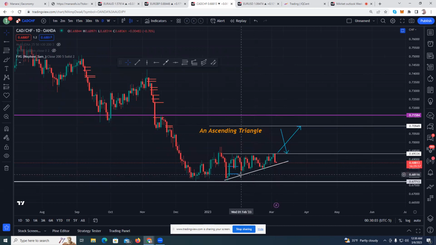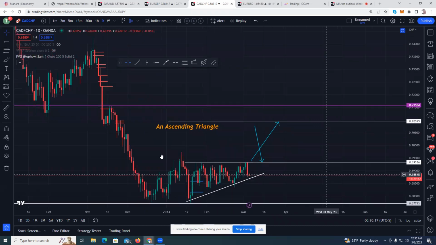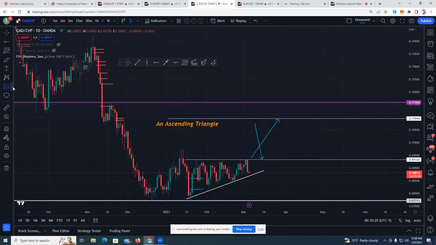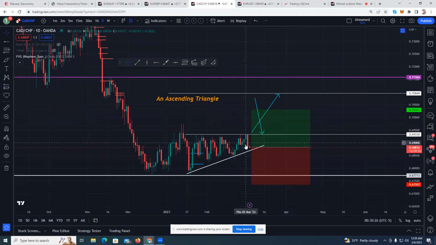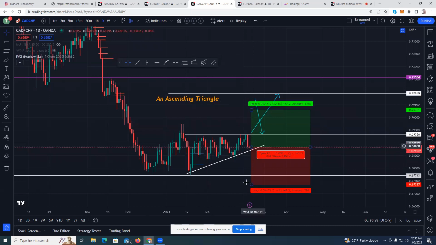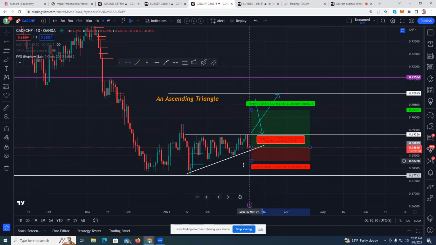Now, we have to ask ourselves, with what we've seen off the weekly and what we've seen off the daily time frames, is this enough confluence to be looking for buys? And based off of where price action currently sits, I do believe we could start to look for buys because we are at a support area on the daily time frame. So if we were going to start looking for buys off of this area here,